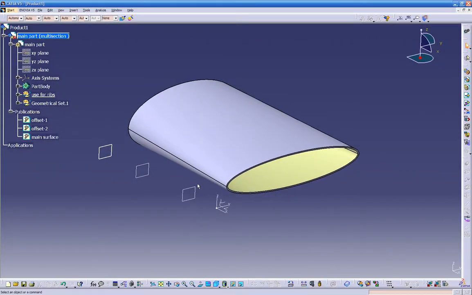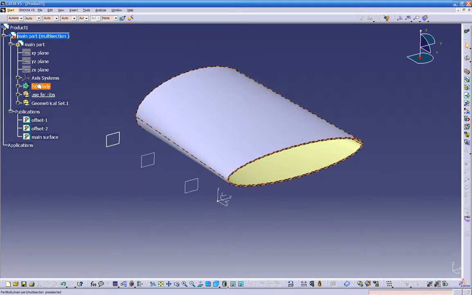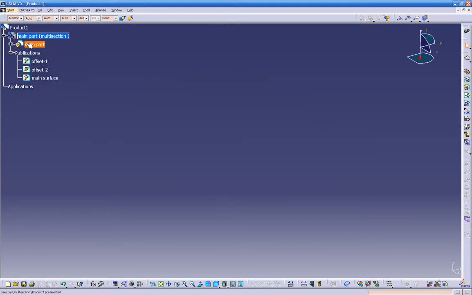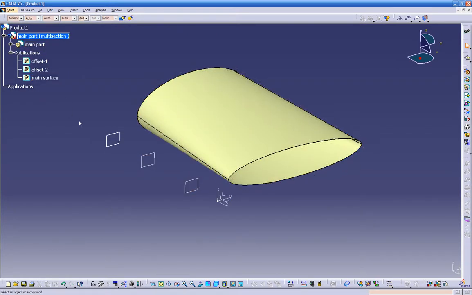And now we want to build our rib on this plane, and this plane is the one that we just created on the publication. So what happened is this main part, we're not going to be able to use it, so we can turn it off. For us, it doesn't exist. Oops, Control Z. So the most important thing right now that we're going to be able to use is those publications. So let's insert a new part